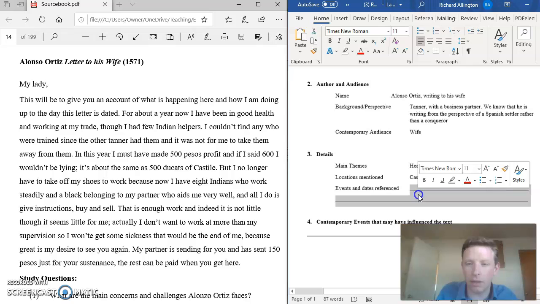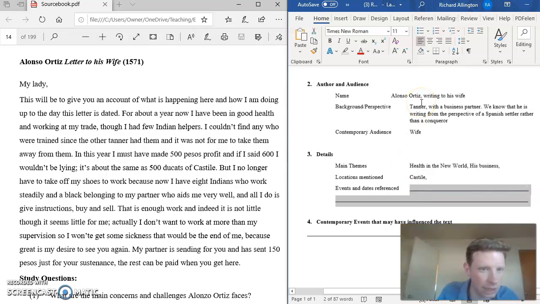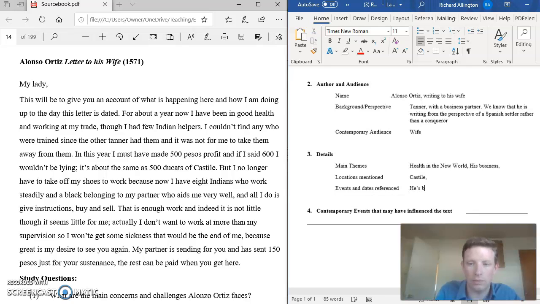Events and dates that are referenced. He doesn't really reference any dates, but he references that he's been in the New World for at least a year.